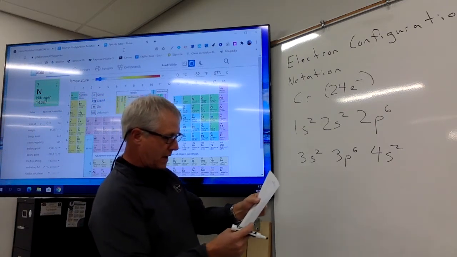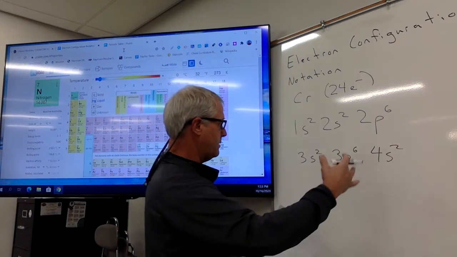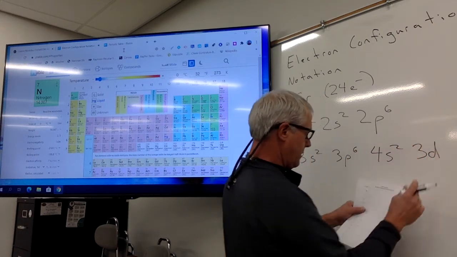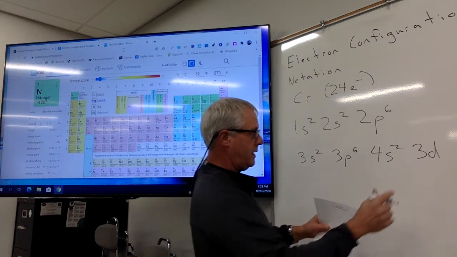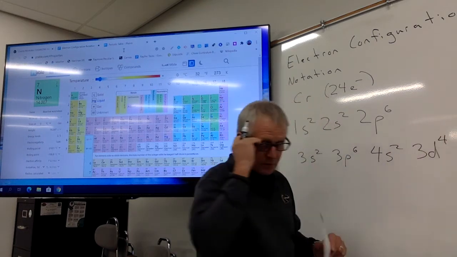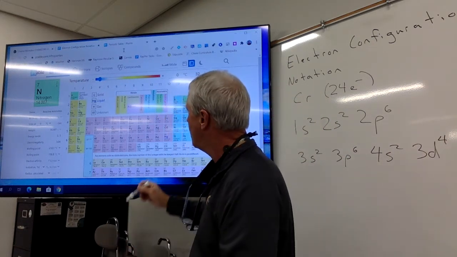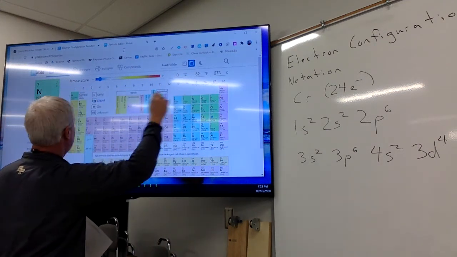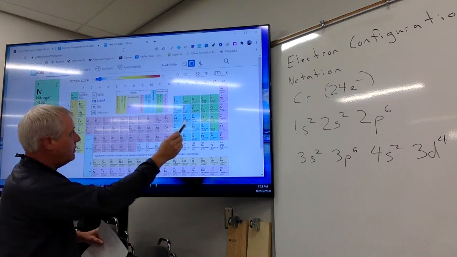And now that we are going to the next part, that becomes 3d. Notice it's not 4, it's 3d4. So what happened there? Well, you've got energy levels that are numbered over here. So we have the first energy level, the second energy level, the third